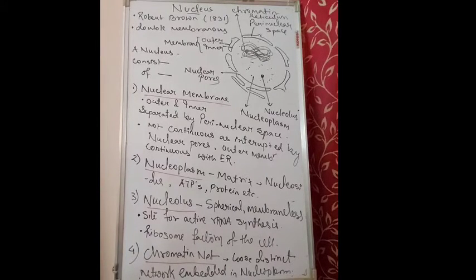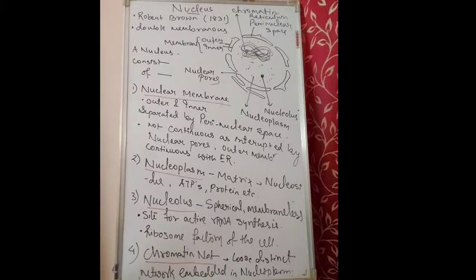After staining, it was observed that the nucleus consists of a loose, distinct network, which is known as chromatin. Chromatin, on condensation, will later form the genetic material, that is the chromosome. Now this nucleus is a double membranous cell organelle, consisting of an outer and inner membrane, which are separated by the perinuclear space. The space between the outer and inner membrane is known as the perinuclear space, and the outer membrane is always continuous with the endoplasmic reticulum.